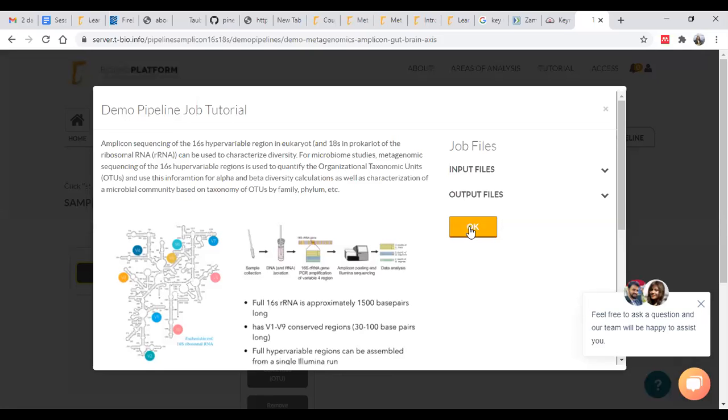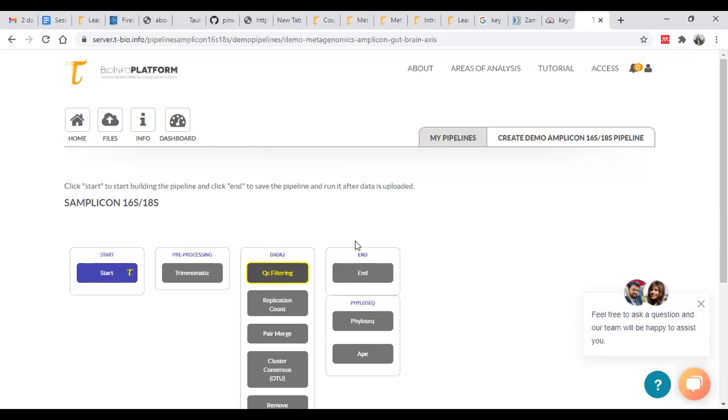So the next step that is getting highlighted, there are various steps under the DADA2 pipeline. So what is this DADA2?